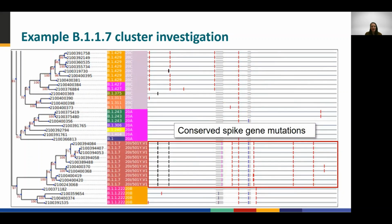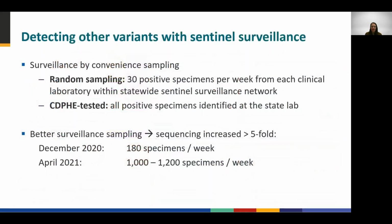Looking specifically at the spike gene sequences, we could see that all of them share the characteristic mutations that define B.1.1.7, including the deletion responsible for SGTF. In addition to prioritizing SGTFs for sequencing, we implemented two other approaches to aid detection of emerging variants by improving